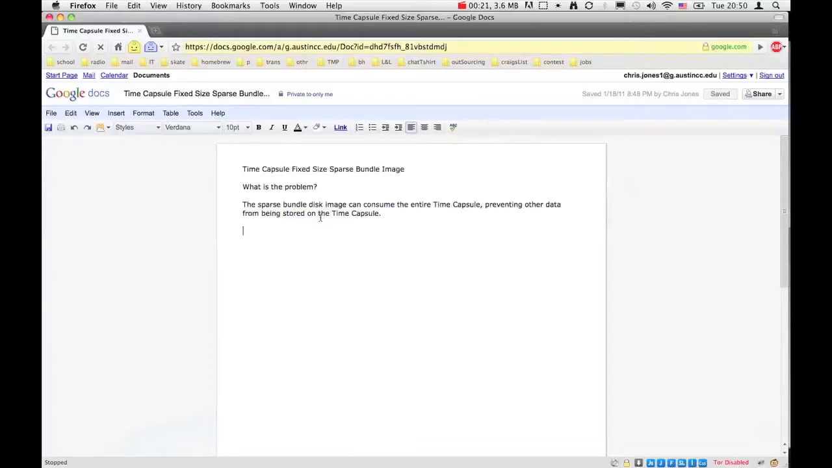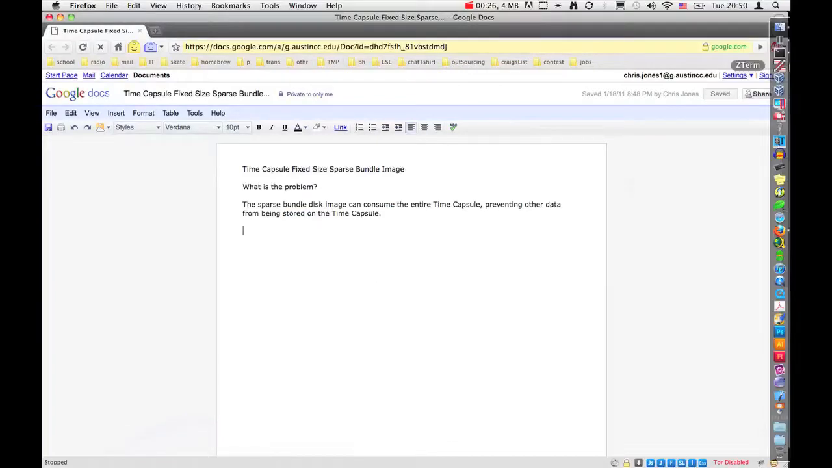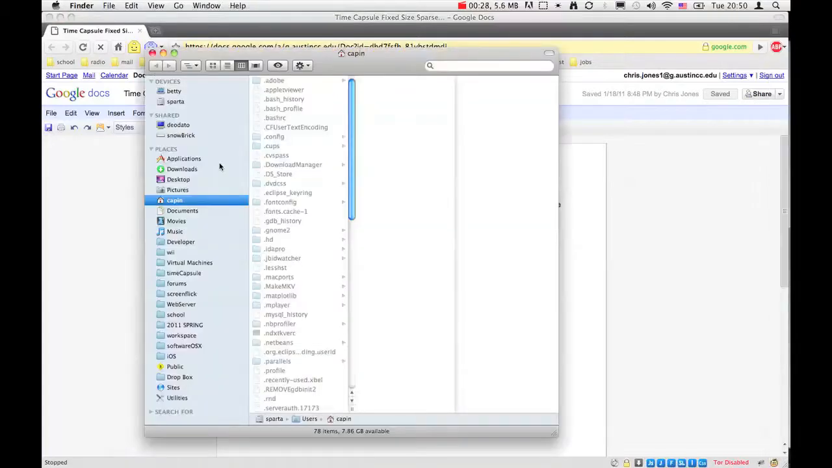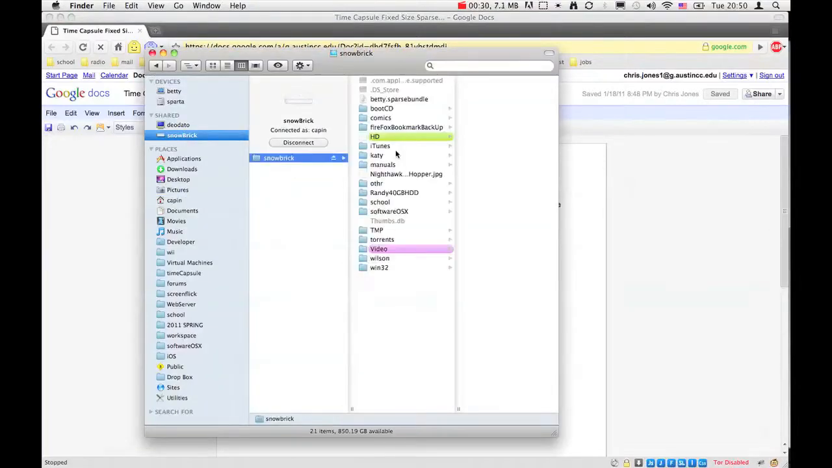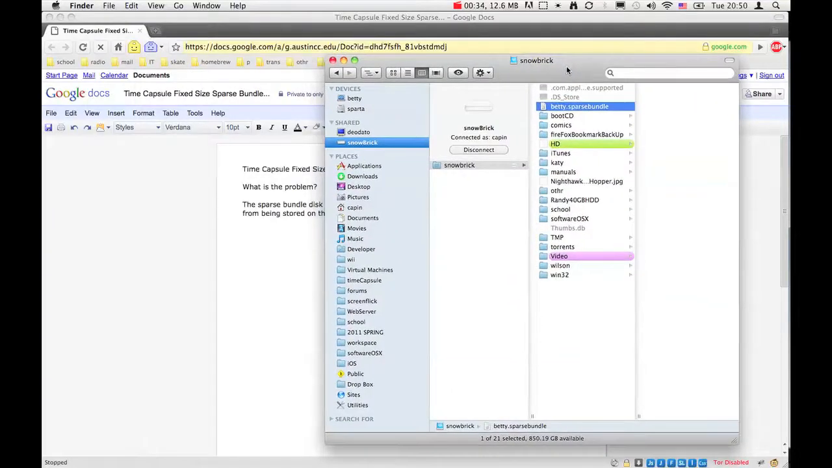Well, the Apple Time Capsule will create a sparse bundle file which contains all the backups for a Macintosh computer that's using Time Machine. The problem is, if you have one on your Time Capsule, this sparse bundle image will keep growing and growing and just consume the entire disk drive of the Time Capsule, preventing other files and data to be stored on the